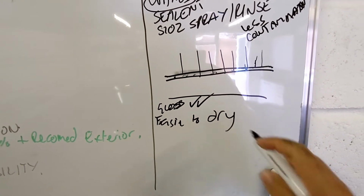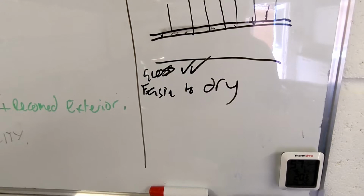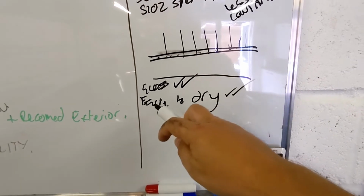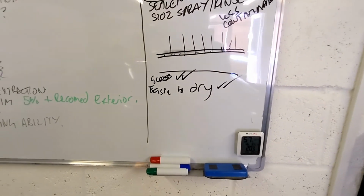A car that's got no protection and the water kind of sticks to it, when you try and towel dry it, it can just smear all over the place. But when you've got fresh protection, you can literally just touch your towel and drag it over the surface and the paintwork's dry, and you haven't had to buff on the paint too much and do all the aggressive stuff that can...